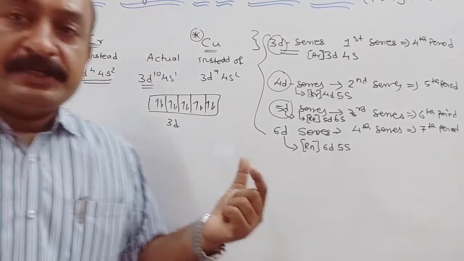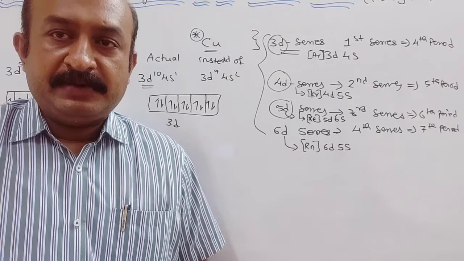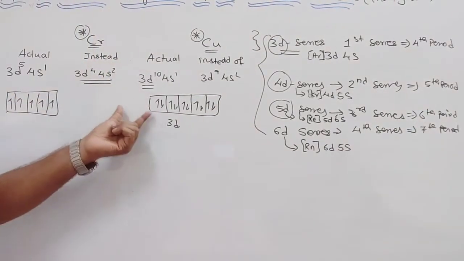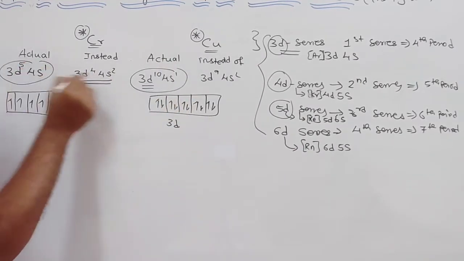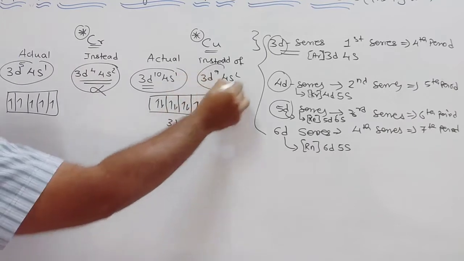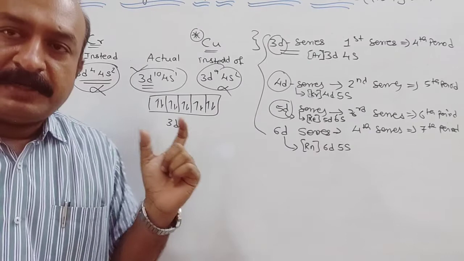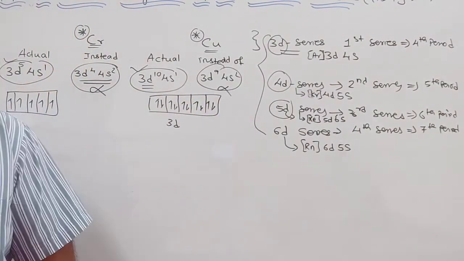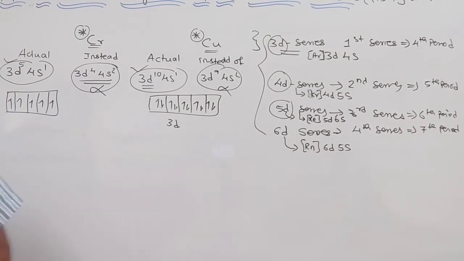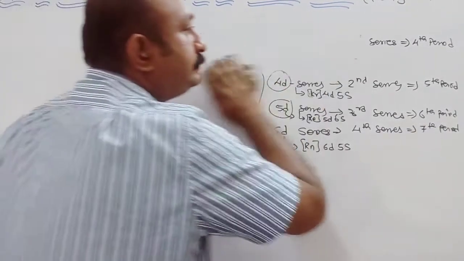We have studied that symmetry leads to stability. If you remember, in structure of atom, the last topic was there in 11th standard. So this is the reason why these two configurations are considered instead of this. This is not considered, but actually this should be the configuration according to our Aufbau principle and filling of electrons. Understood? So this is one example given in your textbook.